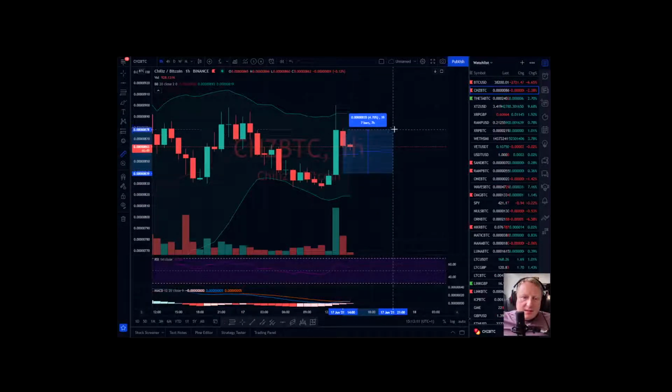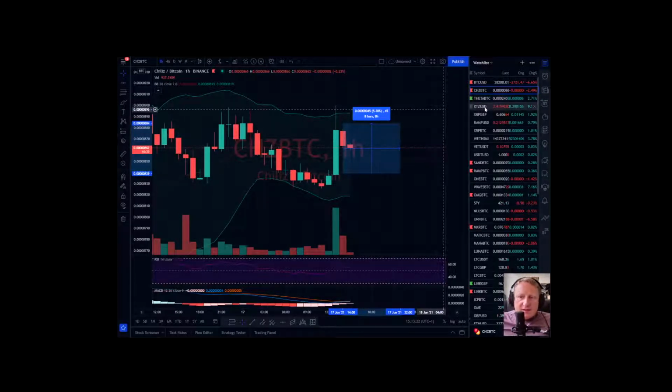At that point there, then we come out here, and then that'll be our exit. So it would seem that if we're just scalping for the day, that with that entry point there against the entry point of Theta, that we've got more chance of making gains on a day-to-day trading Chiliz versus Theta, rather than